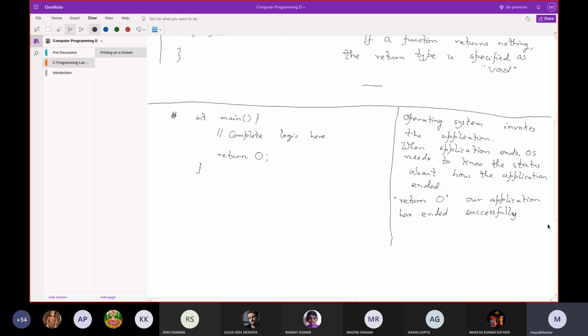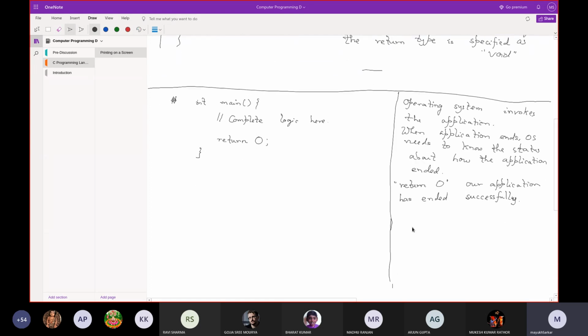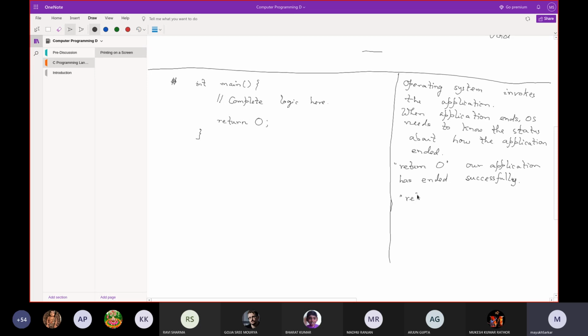Whereas return any non-zero value means the application terminated abnormally.